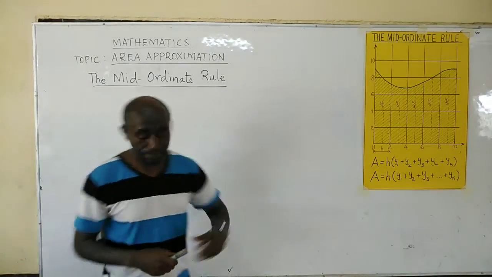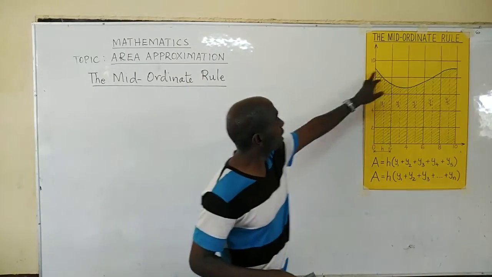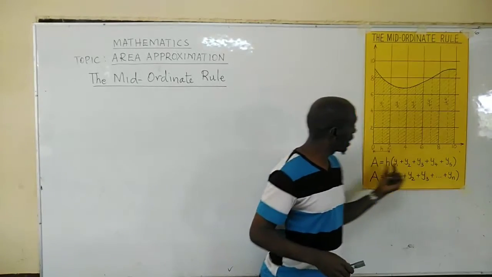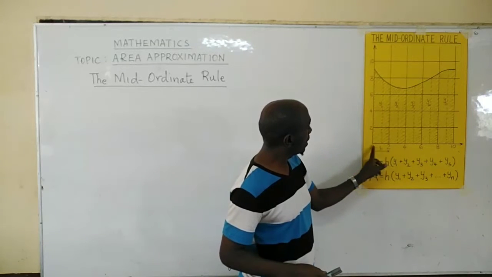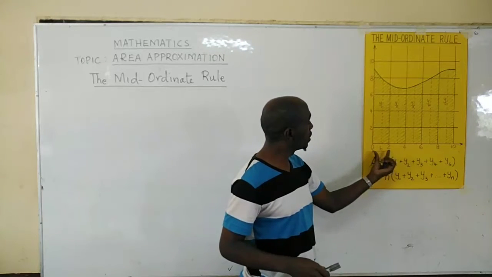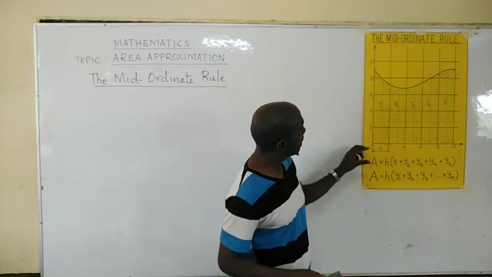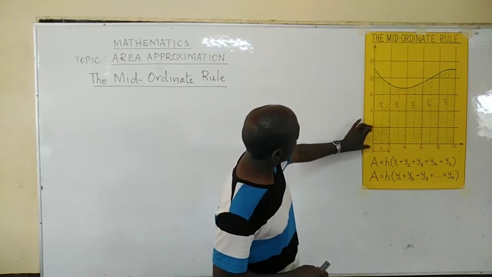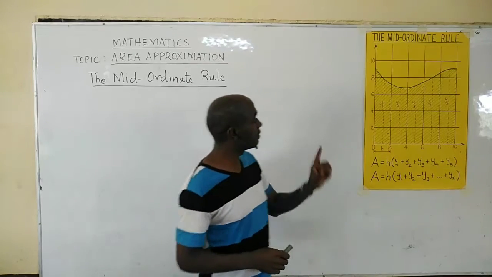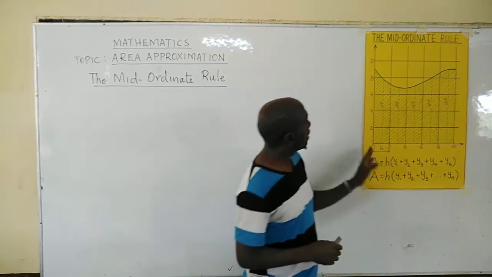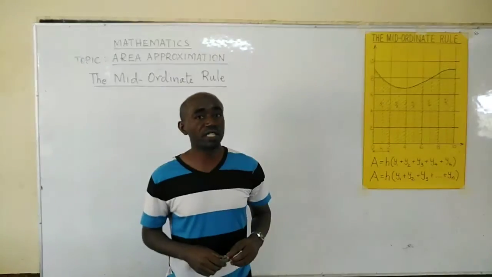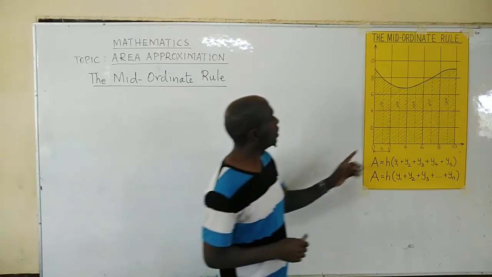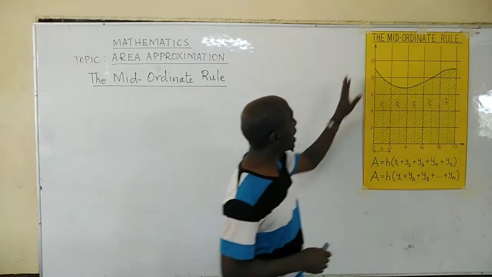I have a chart here, showing a graph. On the horizontal axis, 2 units represent a square, and for the y-axis, or the vertical axis, the scale is again the same, 2 units for 1 square. So this shaded area is what we want to try to find by this method called the mid-ordinate rule. As you can see, the shaded area has been bounded by